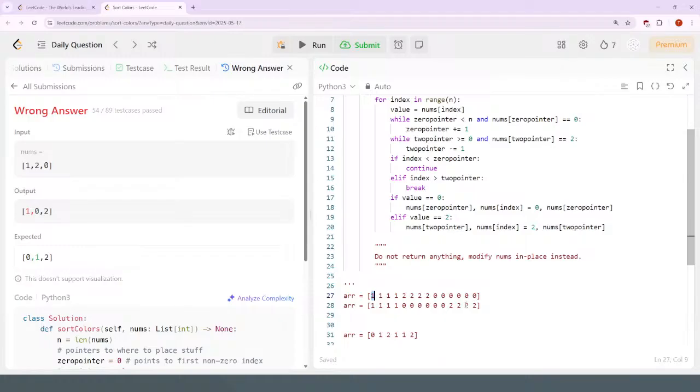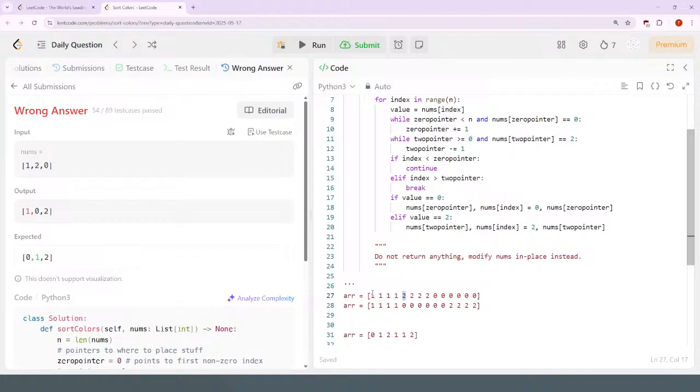Is that just an edge case, or is there a better handling of that? If the value is 2, if the value is 2 and the value at nums at 0,